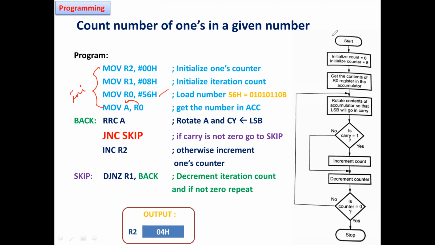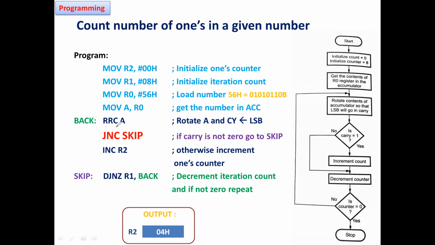Okay. All of this is initialization. So we start the program. We initialize a counter, that is where you are going to place your result. We are going to count how many ones and finally put the count into the register, and initialize the counter, that is how many digits you are going to compare. That is 8-bit. Right. So get the content into one of the registers, or you can directly load it into the accumulator also. You don't need to use R0. Initialization is over.